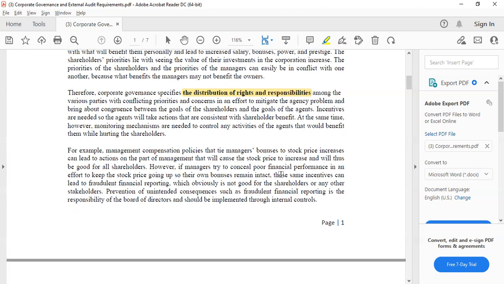harmonize their priorities. So incentives are needed, so the agents will take actions that are consistent with shareholders' benefit. At the same time, however, monitoring mechanisms are needed to control any activities of the agents that would benefit them while hurting the shareholders. So for example, the head of the purchasing department. The head of the purchasing department is in charge of, let's say, the canvassing of